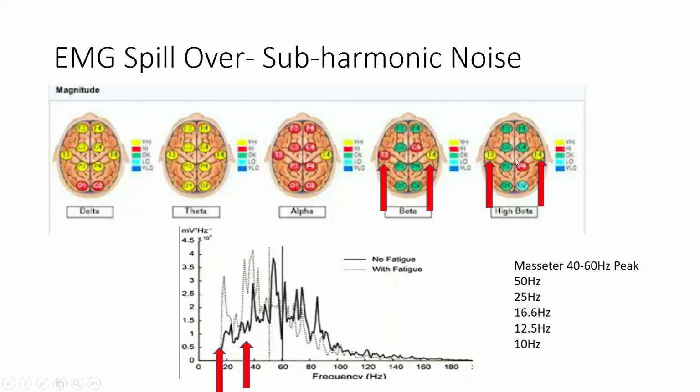Now, on your brain map, you might see T3, T4, and high beta, especially if it's localized. Odds are, 90 to 1, it's EMG, even more than that, actually. This is probably masseter with a 40 to 60 hertz peak. So it'd be somewhere in the range of these two lines right here. And then as we go over to beta, we notice that same area is elevated. Maybe not in T3, that could be fatiguing over there, or maybe not as much firing.